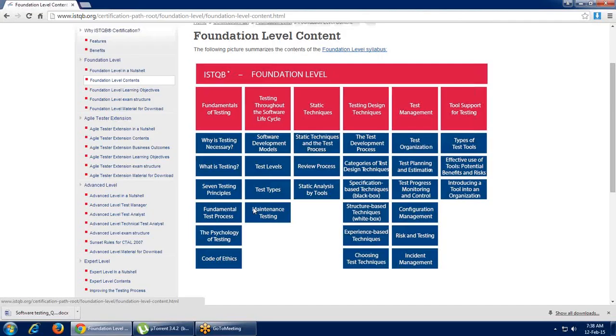Okay. So basically I was talking about the fundamental test process: what this stands for, and what we will learn in this topic or module. So let's see why we actually need it in a company as QA people, and why we are enrolled in the job roles of a QA.